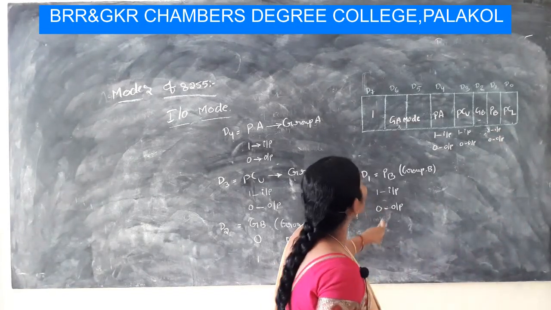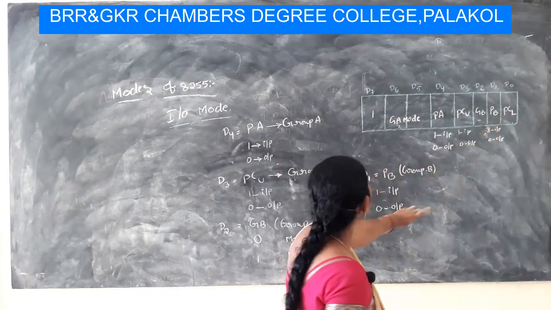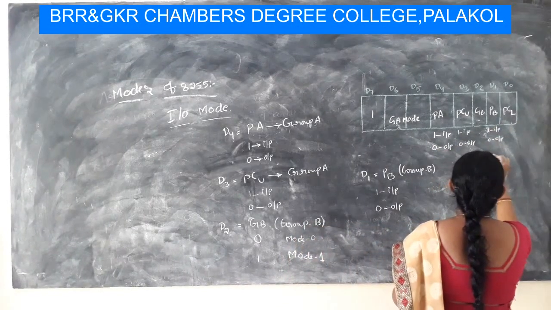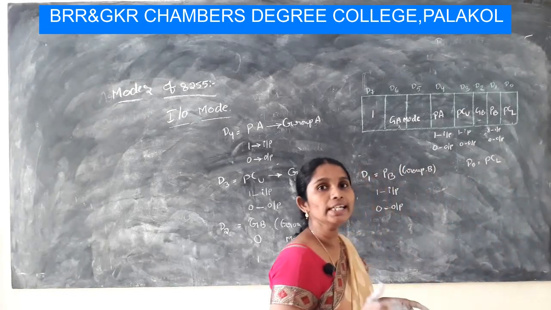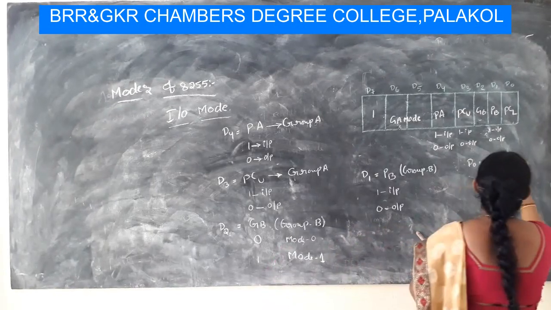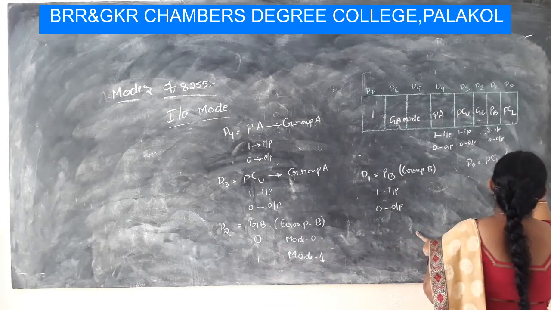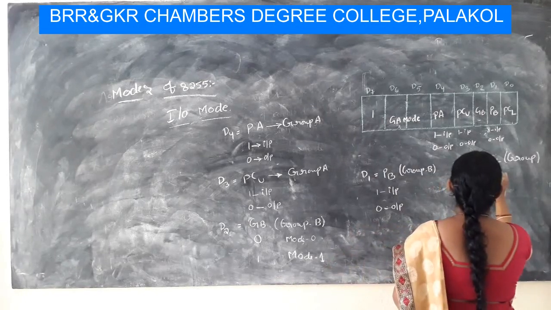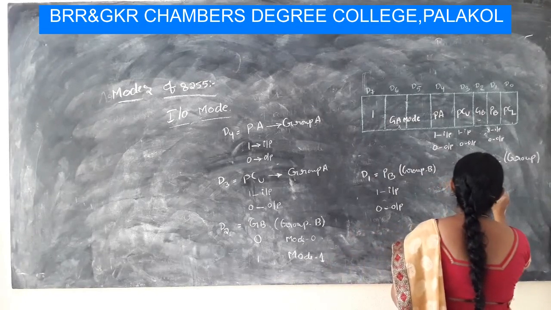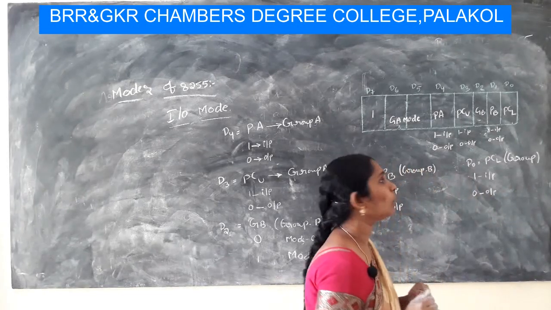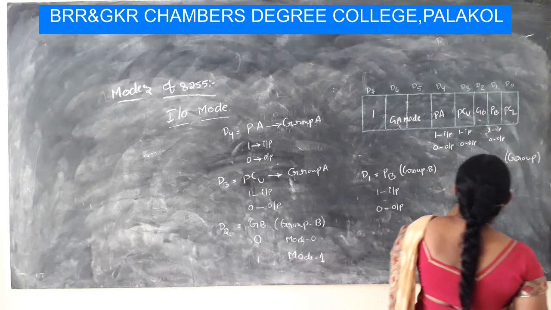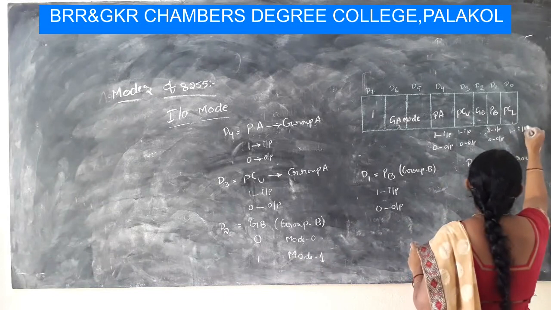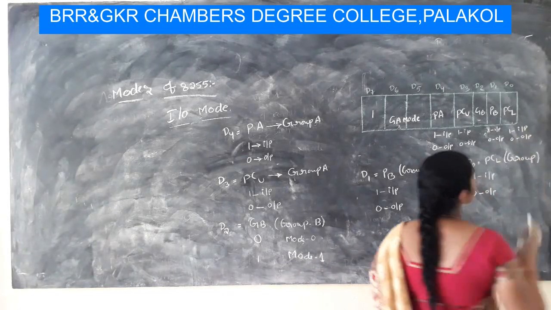Next one is the D0 bit here. D0 is equal to PCL, that is nothing but port C lower. This also belongs to group B. When it is 1, it will perform the input operation, and when it is 0, it will perform the output operation. So now PCL is completed. When it is 1, it will be input, and when it is 0, it will be output.